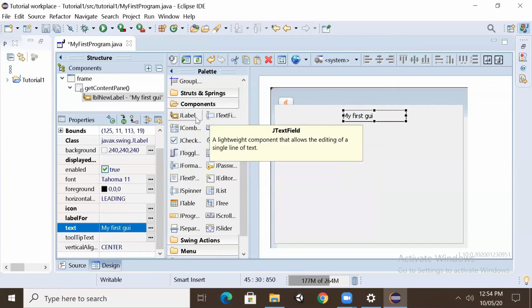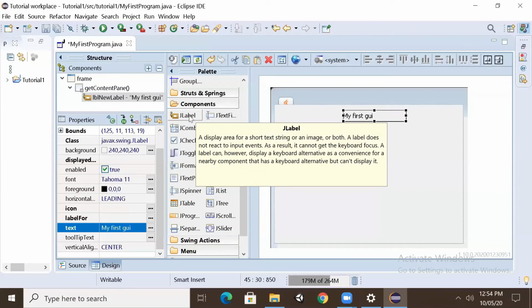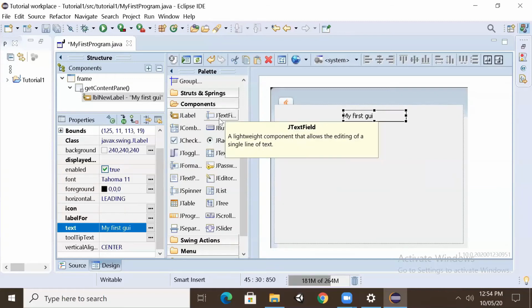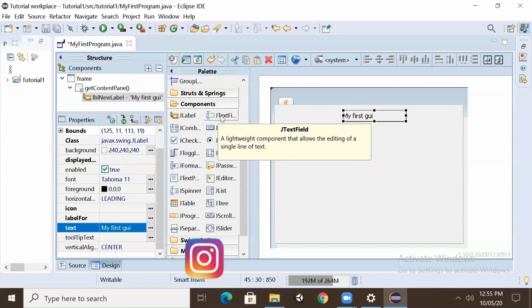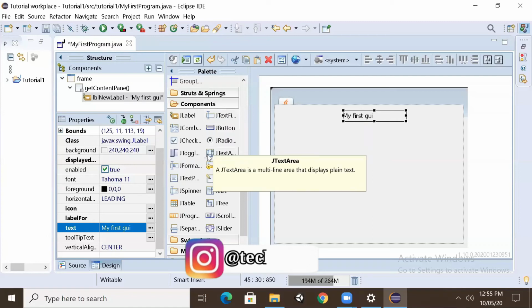JLabel. JLabel is a static text, string, or an image or both. Most of the time we use JLabels where we don't want to change our text during the execution. We can change it, but most of the time JLabel is used for headings and for naming the thing. JTextField and JTextArea. We will discuss them side by side. JTextField, we use it to get input from the user, one line input from the user. And JTextArea, we use it to get multiple lines